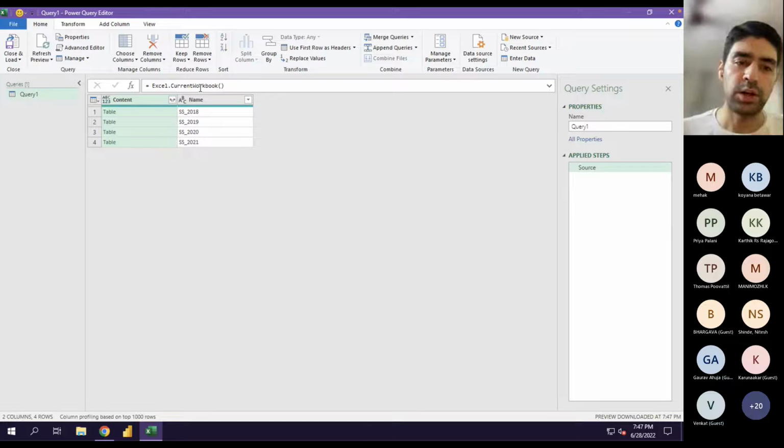So Excel.CurrentWorkbook(), open and close brackets, press enter. And you will get the names of the 4 sheets or the 4 tables that we had inside Excel. You notice 2018, 19, 20, 21. We have those here, and all I have to do now to combine them, and it really is this simple,